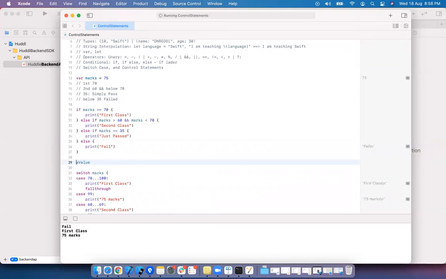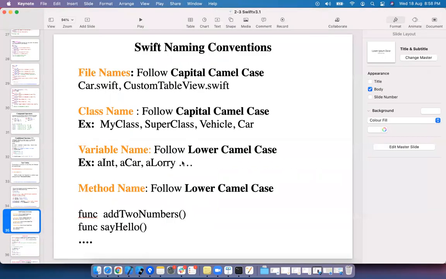For variables, it should start with lower camel case, so I am using a small letter, and the next word should start with uppercase: aInt, aCar, aLorry. Even the method names, you need to use lower camel case. We keep using the same format in my examples as well.